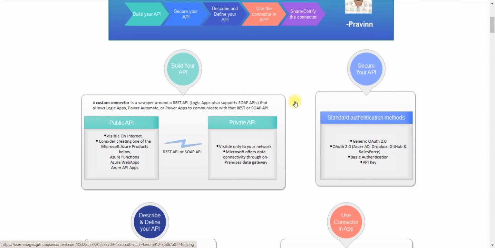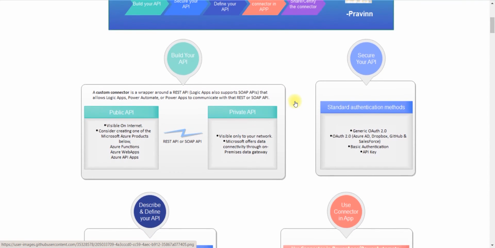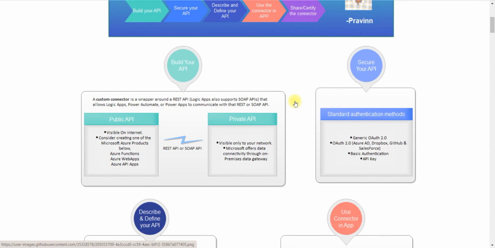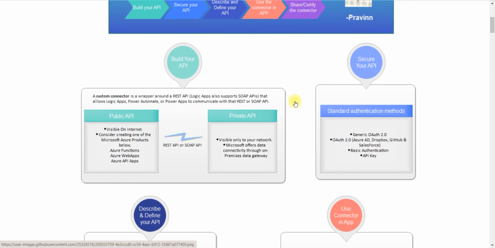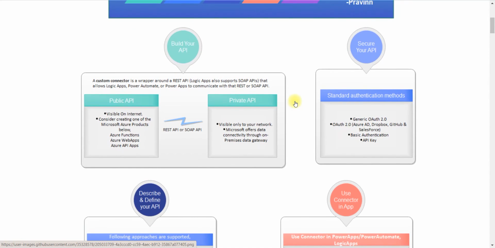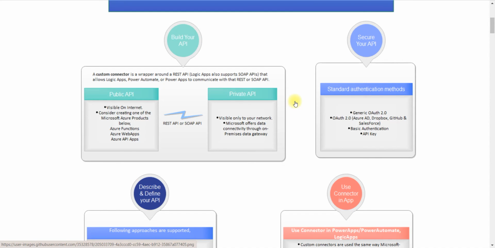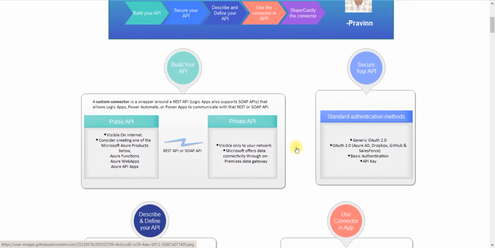And for securing our API, we have 4 standard authentication methods for creating custom connectors. First is generic OAuth 2.0, and then OAuth 2.0 for specific services including Azure AD, Dropbox, GitHub, Salesforce, Instagram, Google, etc. The next type is basic authentication, where we specify the username and password. And finally we have the API key. The generic method we will follow in this tutorial is creating an Azure AD app, and the authentication for today's demo will be OAuth 2.0. So once we define our API